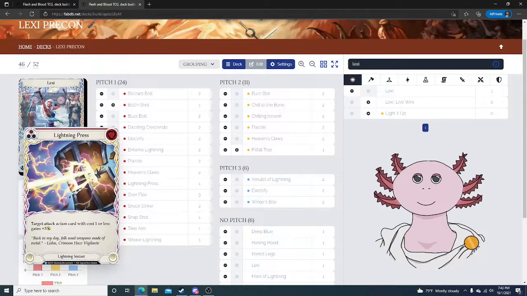We have 1 copy of Lightning Press, which is a 0-drop lightning instant target attack action card with a cost 1 or less, gains plus 3. We're actually going to keep this in. So in the upgraded deck, we're going to have cards that want to deal damage to proc off other effects,